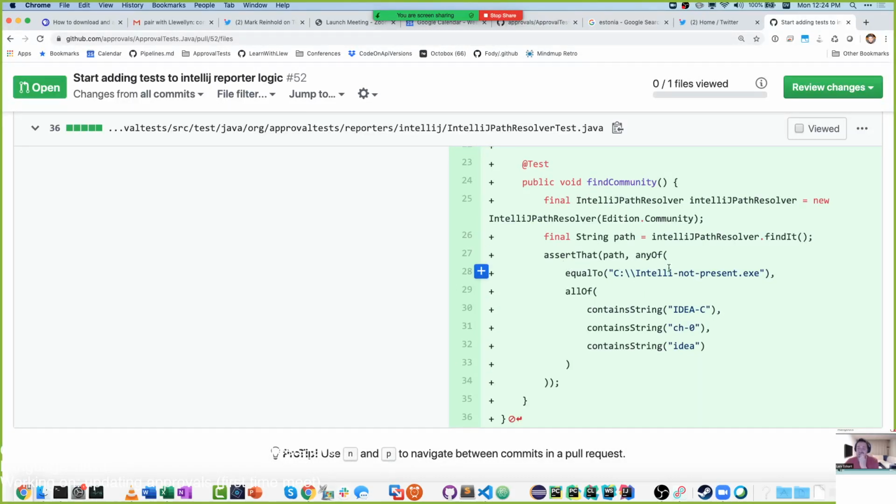So I think what he's doing here is checking that this is not here, like this is not going to be here. And he's checking that when he resolves this for community, the path that is found is either this. What does olive mean?